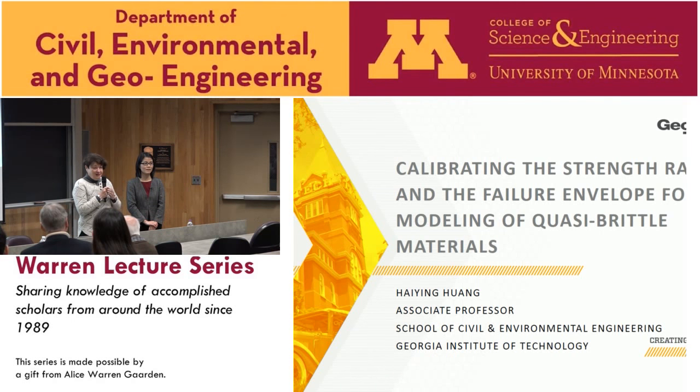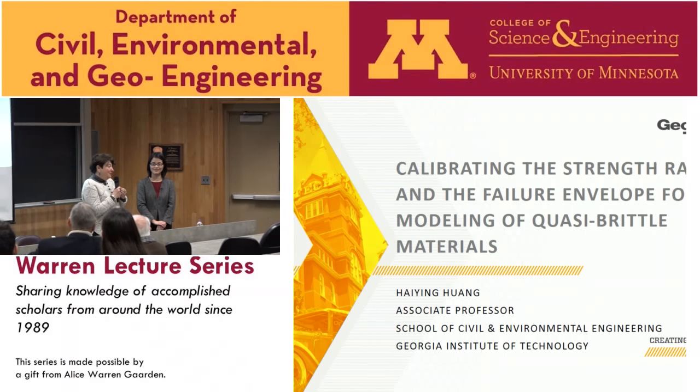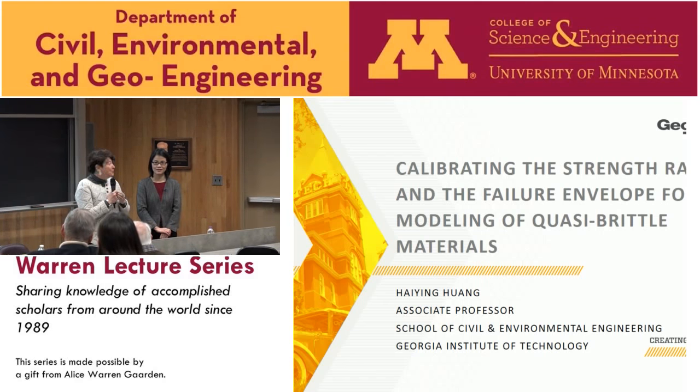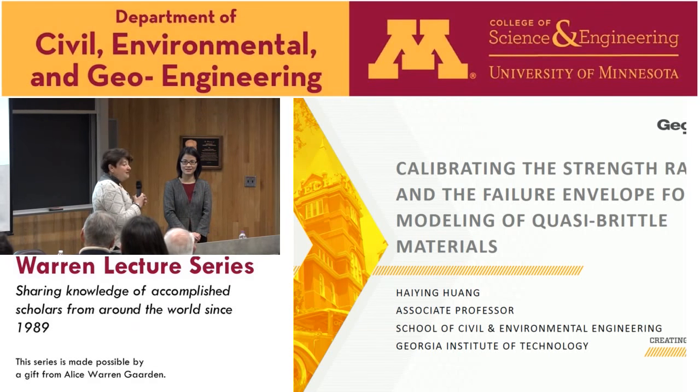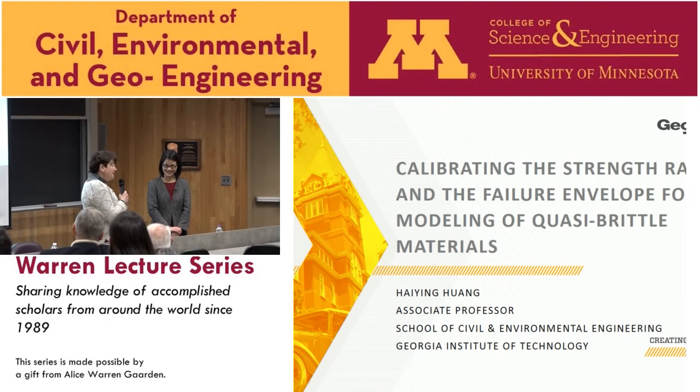And today is a very special occasion, which we would all like to have more and more often, where we are greeting our former student, now associate professor at Georgia Tech, Haiying Huang. And Haiying is a success story. Haiying was discovered by Charles Fairhurst on his scouting trip to China, brought to Minnesota, and got right into the group of Emmanuel de Ternay when he had a group of outstanding students. They were very close together.